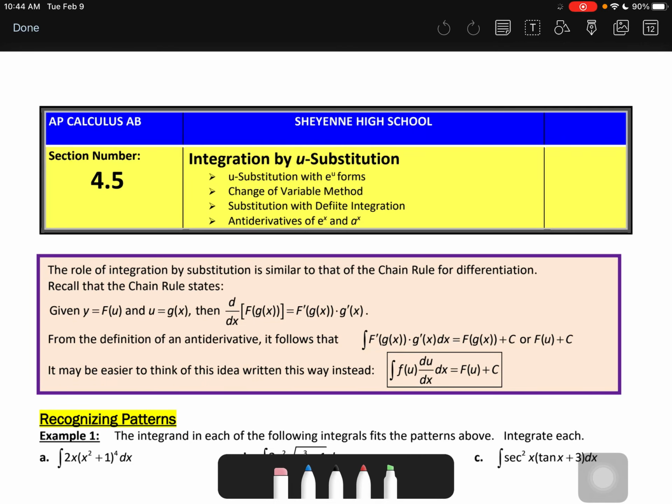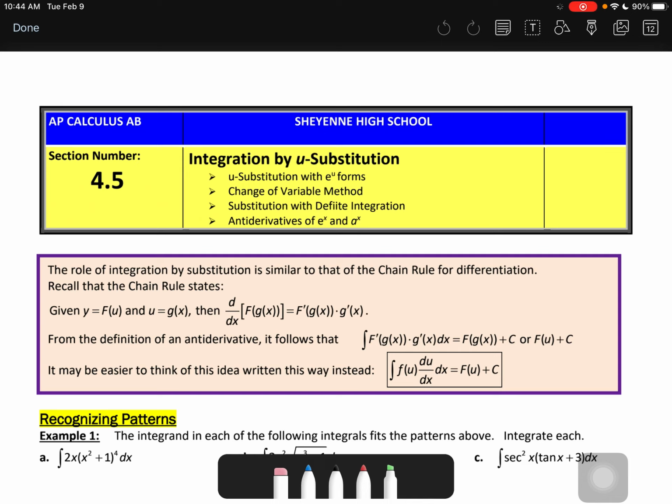All right, APL class, we are going to do the last section for this unit that we're working with integration. And in this section, we are looking at U substitution. So there's going to be certain functions that we look at where you can't just straightforwardly use the power rule, because integration doesn't necessarily have a chain rule or product quotient rule. Sometimes we have to change the way that our function looks a little bit by making what's called a U